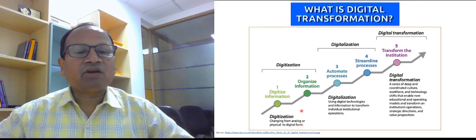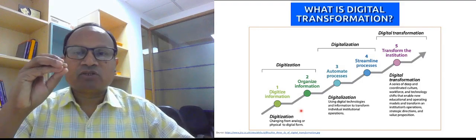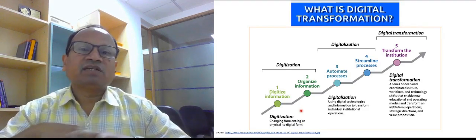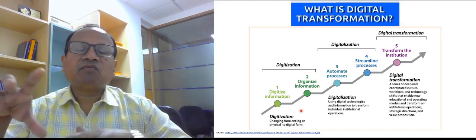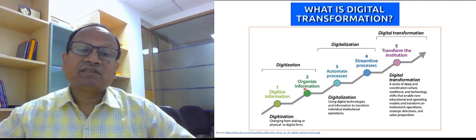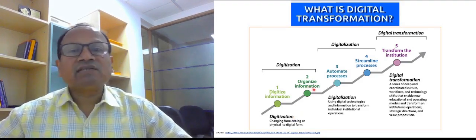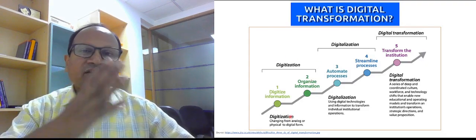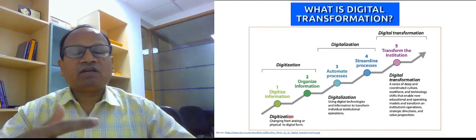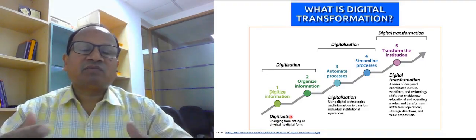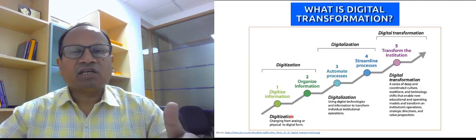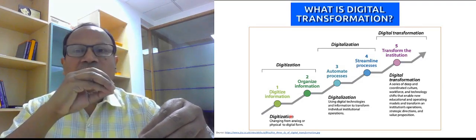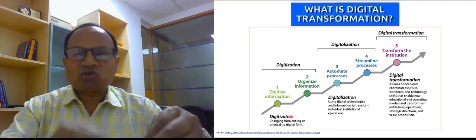Digitization means changing from analog or physical into digital form. As I told you, the physical world, the natural data, natural information in any application is analog. When we want to convert it into digital, we need to digitize. Then after digitizing, we can organize the information in a proper way. So this complete process is called digitization, converting from analog into digital. Analog to digital conversion is a system that requires sampling, quantization, and coding. Let's not go into the detail. What is important is converting information from the physical, continuous, natural domain into the digital domain.